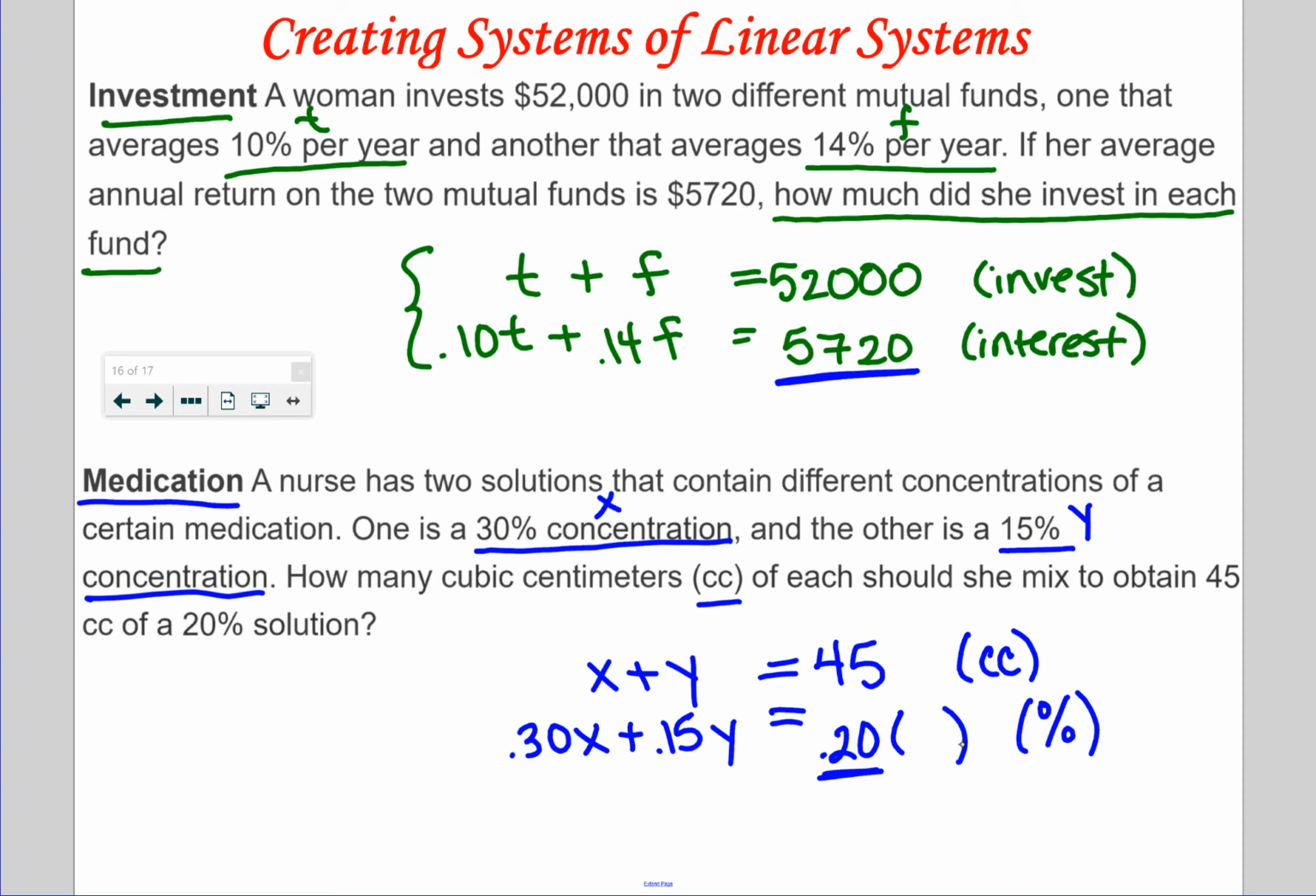And let's talk about what needs to go there. 30% of X cc's in that concentration, 15% of Y cc's in that concentration will give me 20% of the total cc's. And we know the total cc's is 45. So this problem's a little tricky because you actually use that 45 twice. Again, if you want to solve, this problem would be good for either substitution or elimination. You could also, as an optional step, multiply the bottom equation by 100 to get rid of the